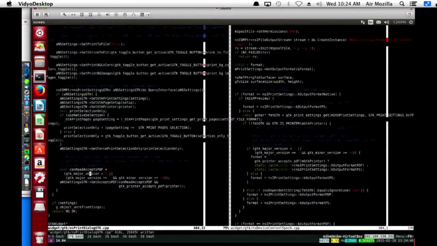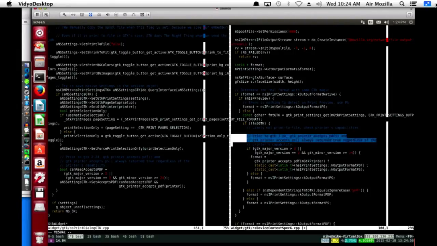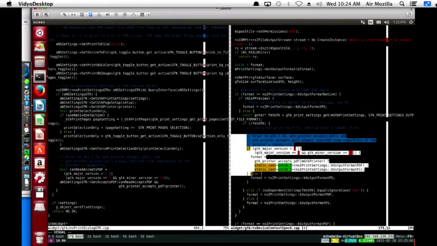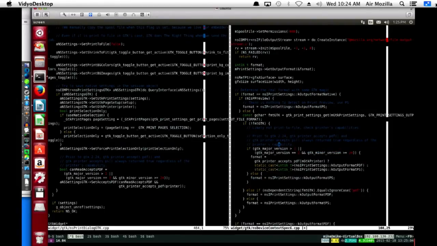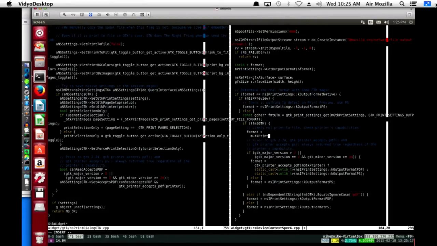So now we should be setting this correctly, and now it's a matter of reading it on this side. So I can get rid of that. What I can do is bool format equals mgtk print settings get accepts PDF.